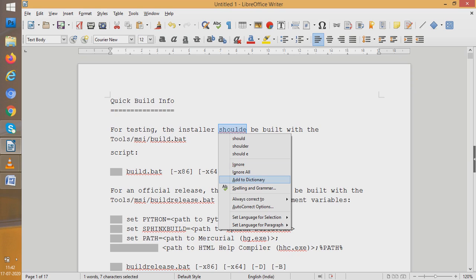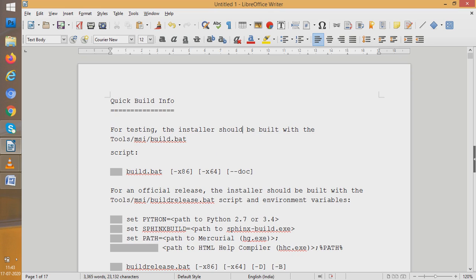Once you add this to the dictionary of the word processing software, what would happen? Next time if the word is written by you, it would not suggest it as wrong. It would understand that this is a right word because it has been already added to the dictionary. But we all know that this is not the right word, so we will not add it to the dictionary. We will accept the suggestion. We will say, okay, "should" which is written, I will click it, and it means that we accept the suggestion and now "should" becomes correct.